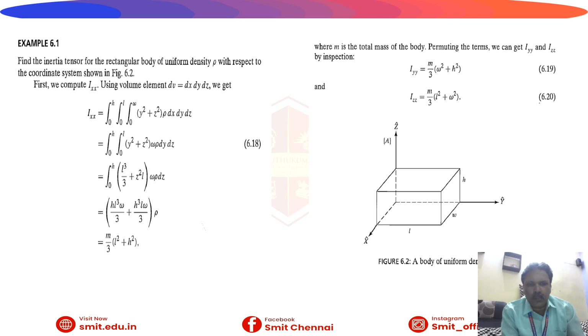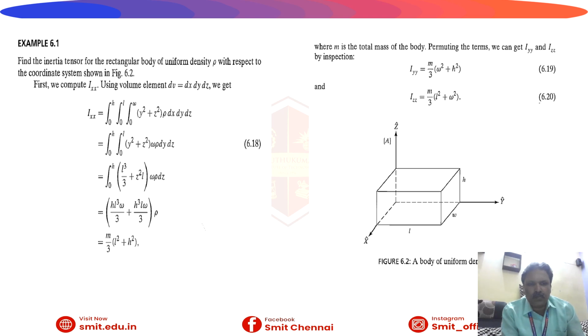Again, it will become so omega. Every time you will get one omega. So omega we are taking inside the bracket, as well as height will be accompanied in that height. And here also, in terms of z square will become z cube by 3. In the place of z we are going to apply h. Finally,